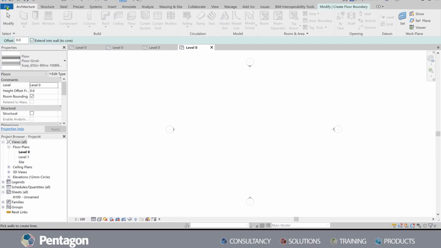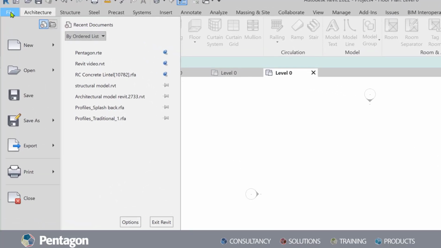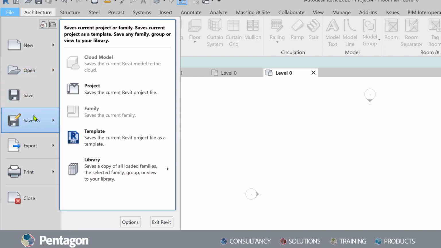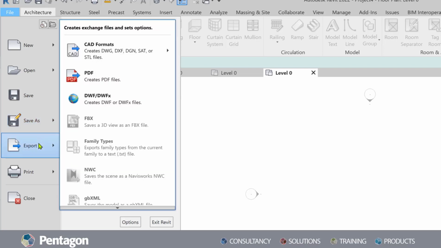A really important tab here in Revit is probably the File tab. I'm just going to select that. You'll see that it gives us access to recent documents and file commands. And if I hover over some of these different commands here, you'll see that different options within the commands appear. This is a really useful tab that you'll be using a lot when using Revit. So take your time and just get familiar with the different options in there.